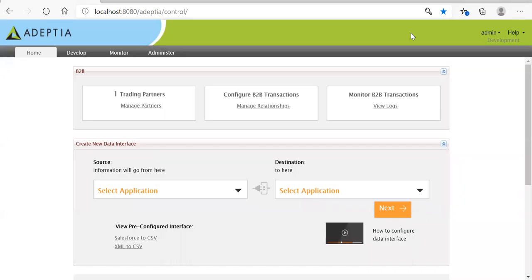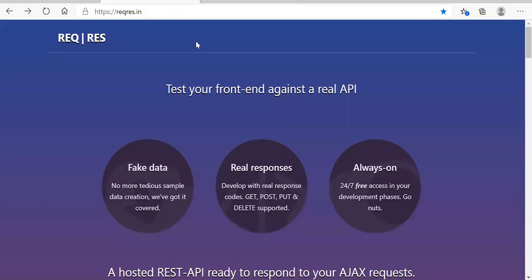So in this session, we are trying to access the REST APIs and web services exposed outside the Adaptive. Okay, so let's see how we can. I mean, what type of API or web services we can use. So we can use the freely available APIs, or we can consume the secured APIs also.